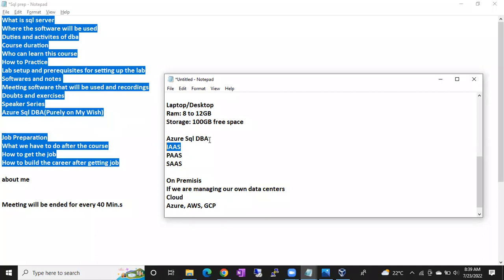Believe me, if you learn only Azure SQL DBA, you don't get the calls. You should be good in on-premises SQL DBA. You should be good in Azure SQL DBA also. Why? Because in Azure SQL DBA, some companies are choosing IaaS. IaaS means again the same kind of concepts will be there in that particular setup, guys. So you should be good in SQL DBA and in Azure SQL DBA. It's not like SQL DBA is gone.